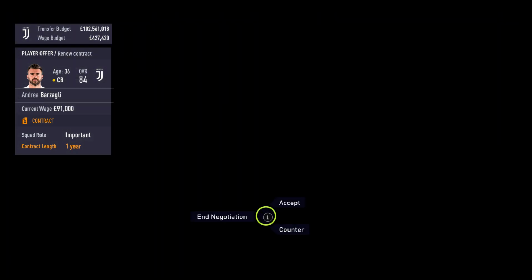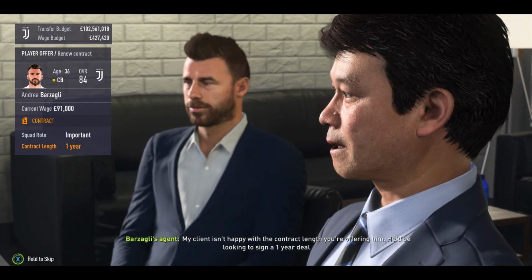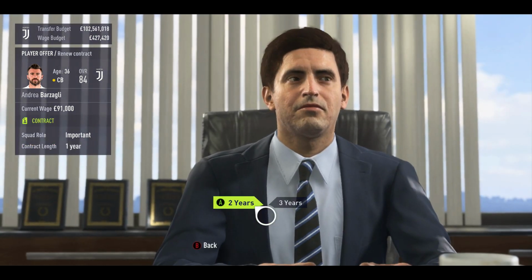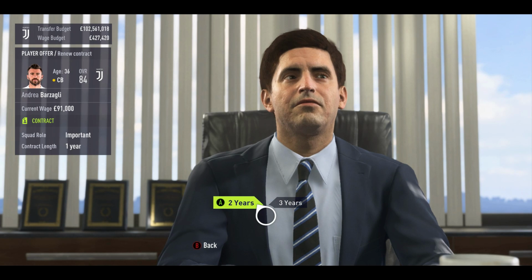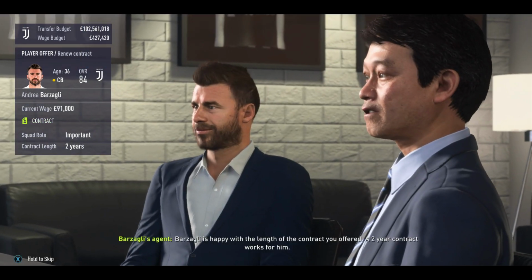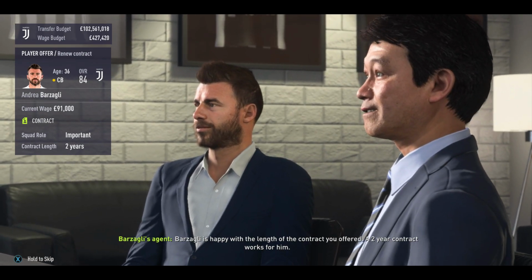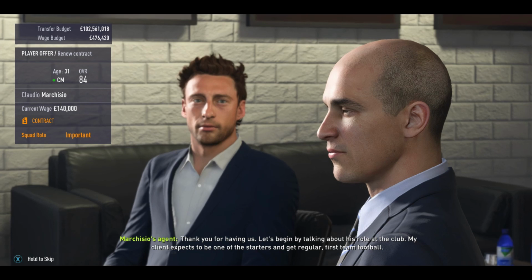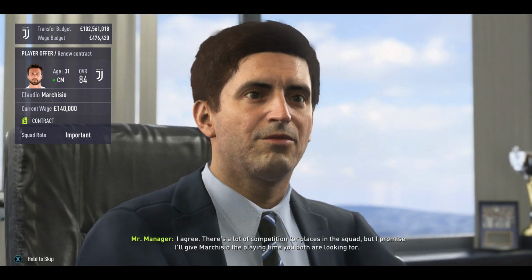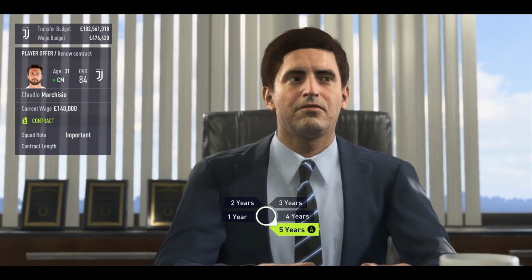For example, if a player asks for a 2-year deal, you can offer him 4 years or even 5 years and he will flat out reject both offers. However, if you offer him a 3-year deal, 1 year more than the original 2 years that he requested, he will automatically accept it. It's frustrating because it leads to negotiations being extremely predictable and therefore quite boring and repetitive